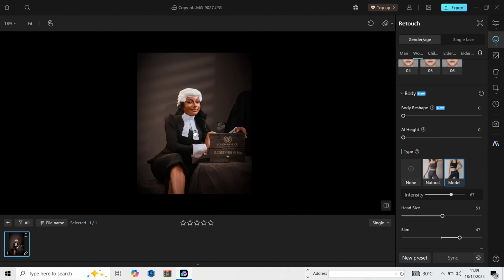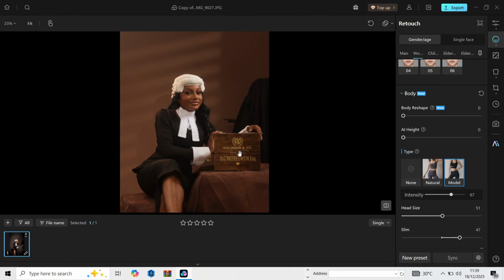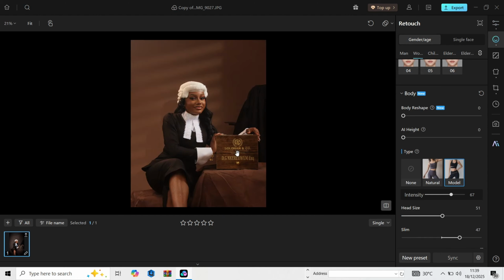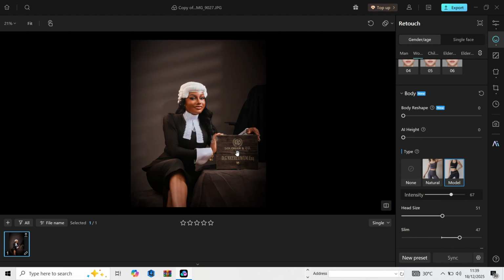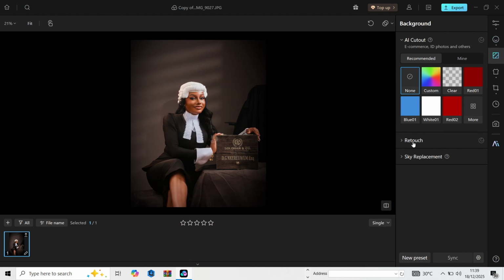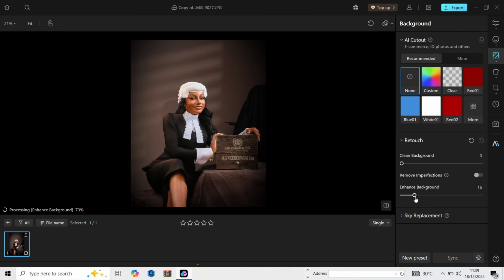So this is the overall before and after of the image. This is the before. This is the after. This is how you can use Kumoo to do your full video retouching, and you'll get very amazing results. I think this is